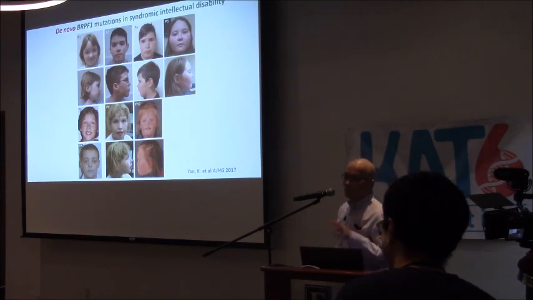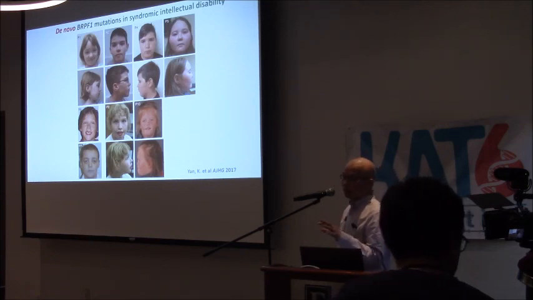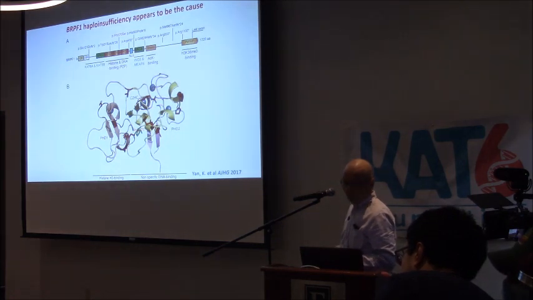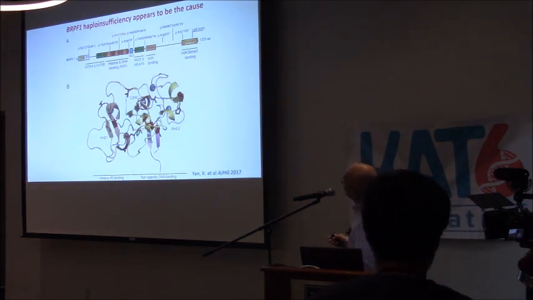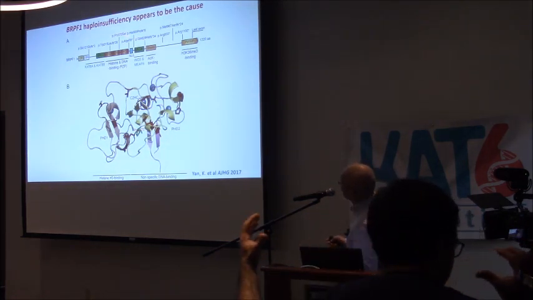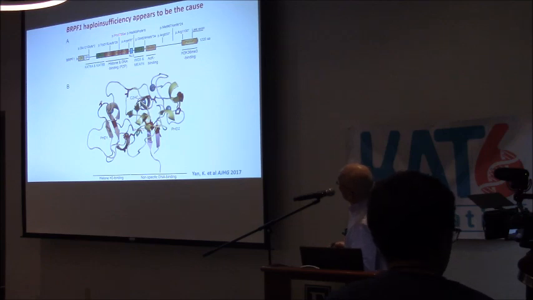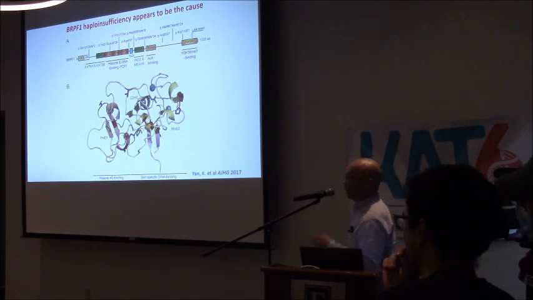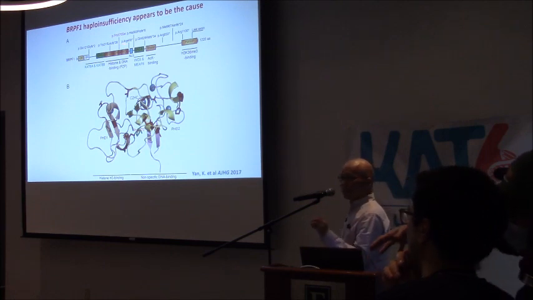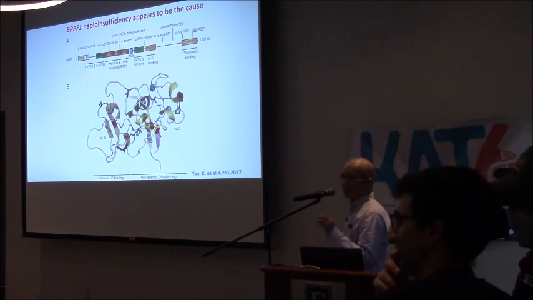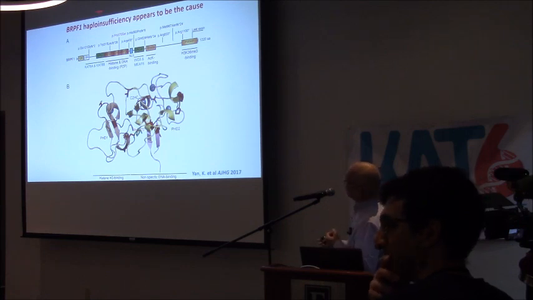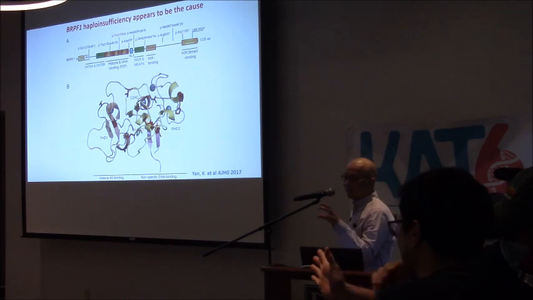I should mention in mice, heterozygous, we didn't really see major problems. And those mutations, some of them are truncations, some are missense mutations. This just affects the ability of this protein to activate CAT6A and CAT6B. So basically CAT6A and B get instruction from this protein to acetylate histones.